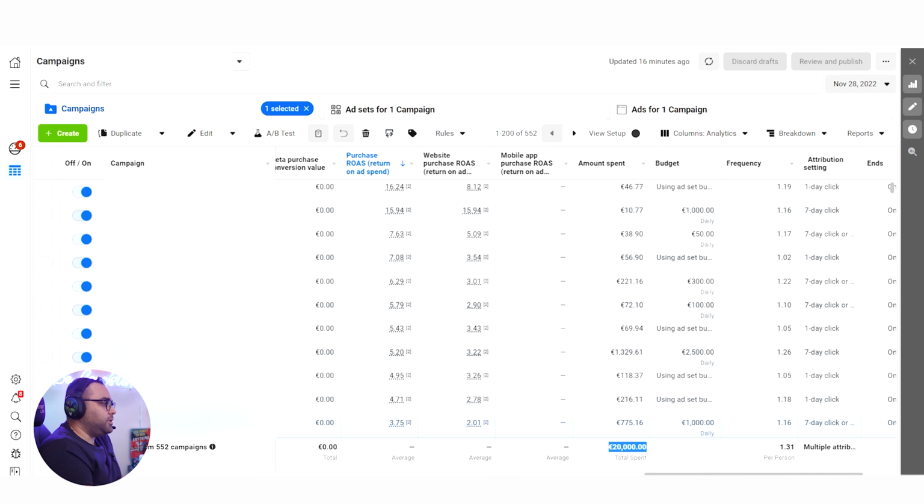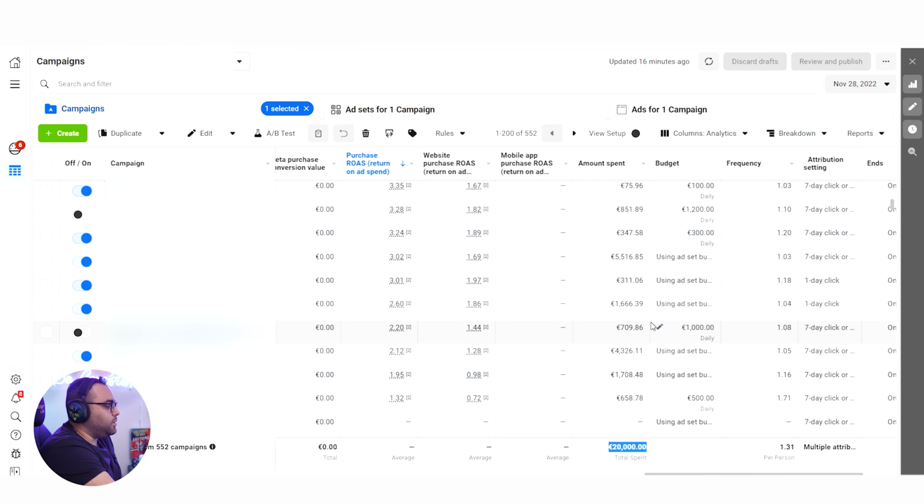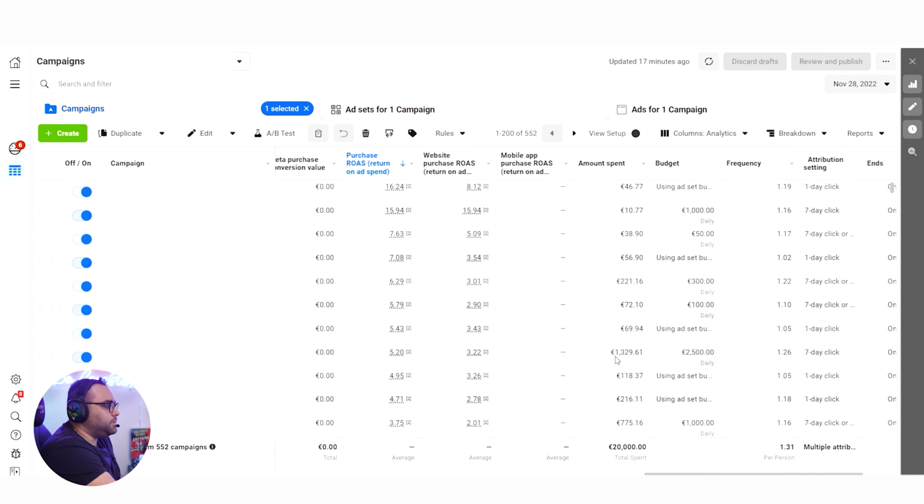The reason that they have it there is because you might make a mistake, for example, and in one of your campaigns, instead of just putting 1,000, you might put 1 million, for example, okay? And Facebook works in a way that it is going to spend this 1 million if you do it. So this is one, for safety reasons.